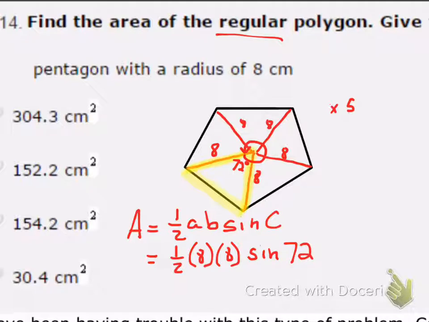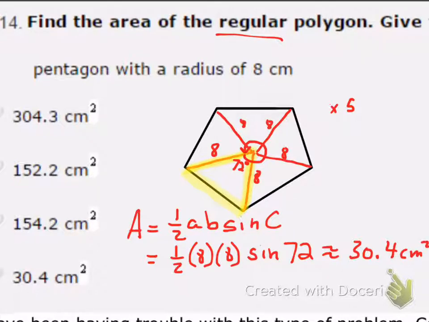So 1/2 times 8 times 8 times sine of 72 degrees. And then once you have that, we can punch that into our calculator, making sure our calculator is in degree mode, and we get approximately 30.4